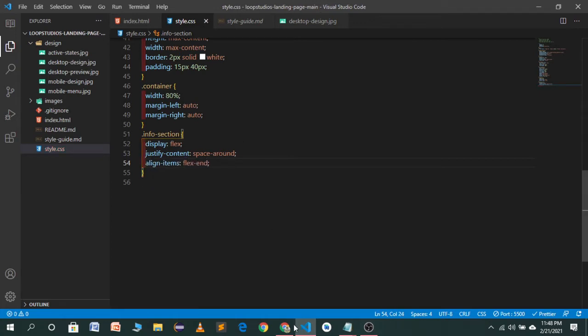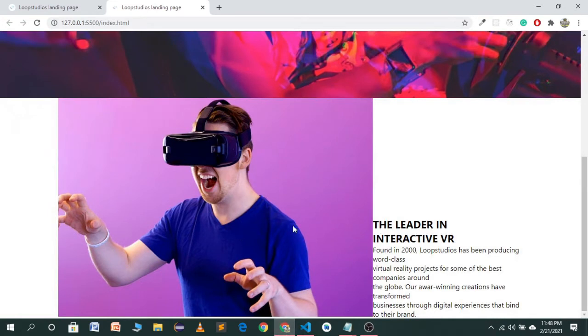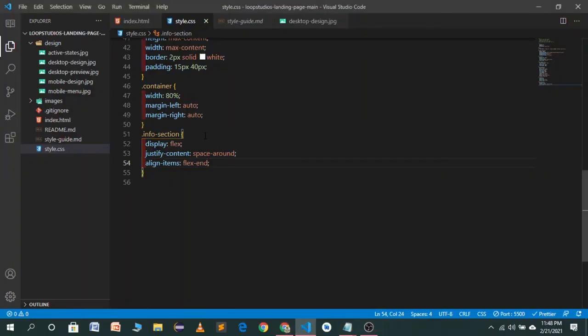So let's save it. Now you will see we have aligned our items in the center, but we want to reduce the size of this image, and we also want a margin from the info section at the top and the bottom.